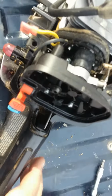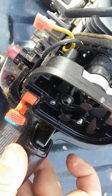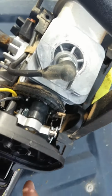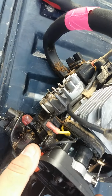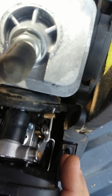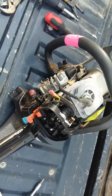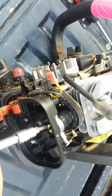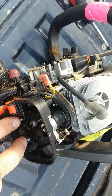What I figured out is you pull the trigger, right here, and it just slides out. So much easier, you don't have to take the screw out. That linkage, you just pull the trigger, pop it out, and the whole thing comes apart. As you can see, it's just set in. I put the gasket back on, and I just slid it back in the same exact way it came off. I double checked everything was right. Everything looked exactly the same. Now, I'm going to tighten this, put the two 11/32 back on,